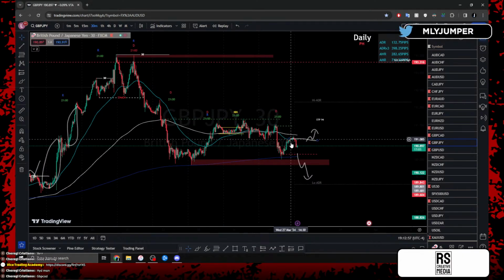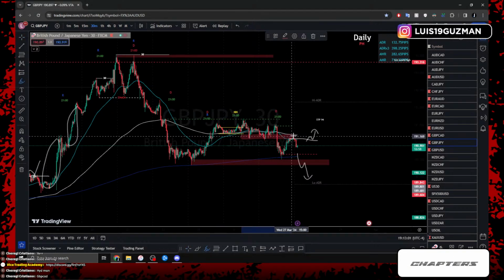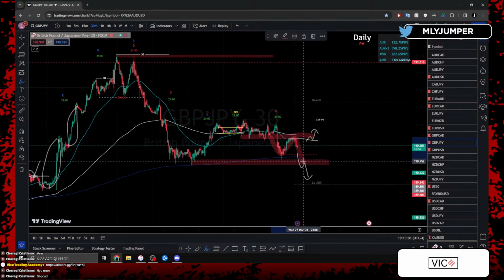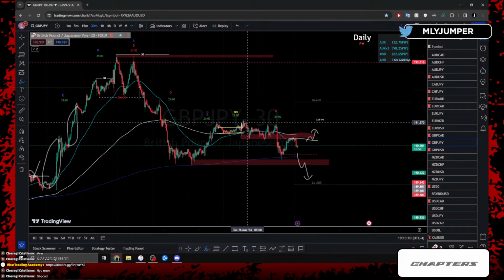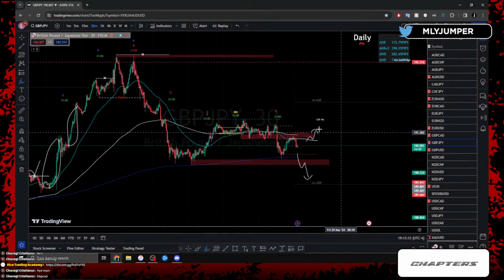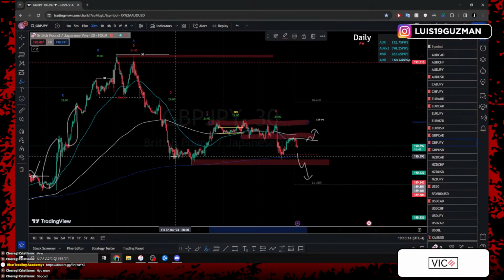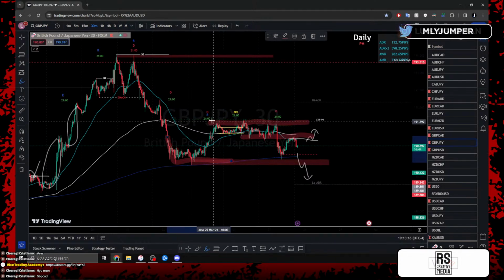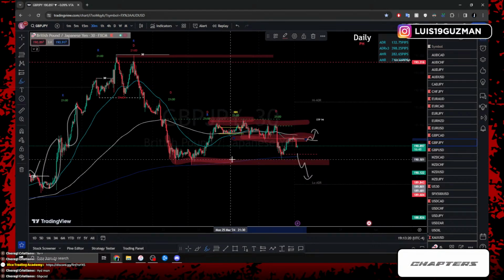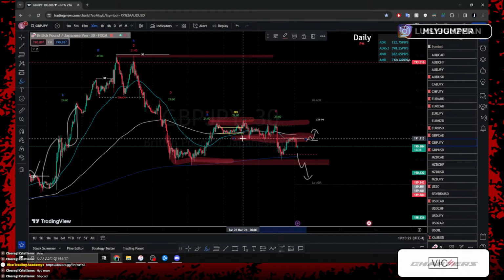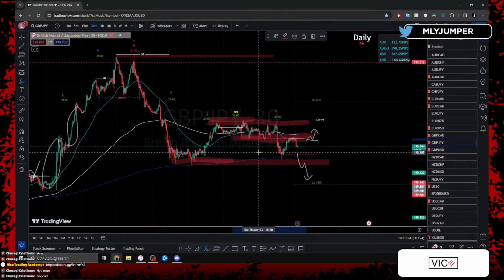Now, could we also be looking at this as a retest of these lows here, where price is gonna break, retest to continue to push to the bottom side? It could be, but as you guys know, again, I don't like trading in the middle of a zone. What I mean by that is we had this low and this high. And where are we right now? We're in the middle between that high and that low. Why don't I like trading in the middle? Because in the middle is where we're going to get trapped.